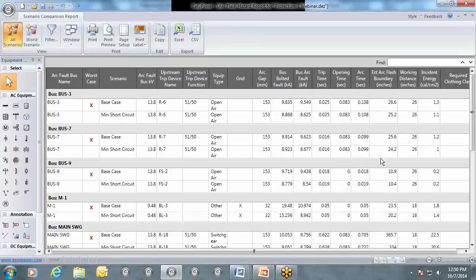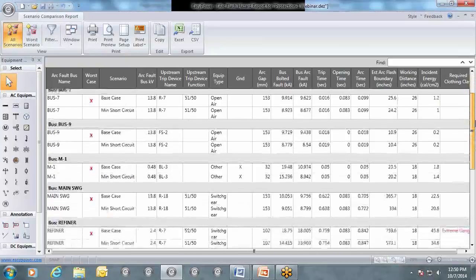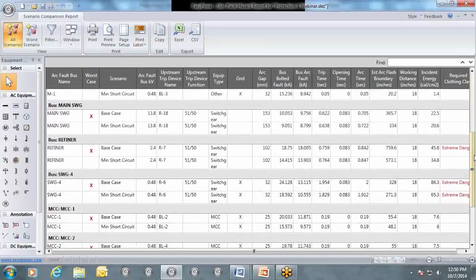So if you look here, under the base case, we get 1.3 calories per centimeter squared at 26 inches, and for minimum short circuit, we get 1.1. So let's go down to switchgear 4. You can see under the base case, it's 86.3, and for the minimum short circuit, it's 65.3. So by having the minimum short circuit, you can see a little bit of a difference as far as